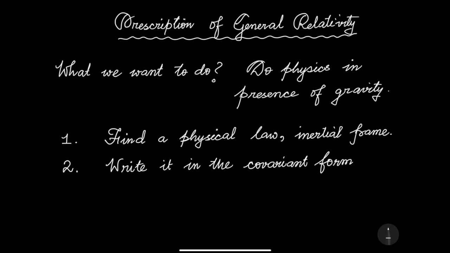So we can do that even if we are in a gravitational field. But first you forget about any non-inertial effects. Go back to your good old inertial frame, and all of the laws that we know of are written down in the inertial frame. So write down the inertial physical laws there and write them in the covariant form in 4D Minkowski space,